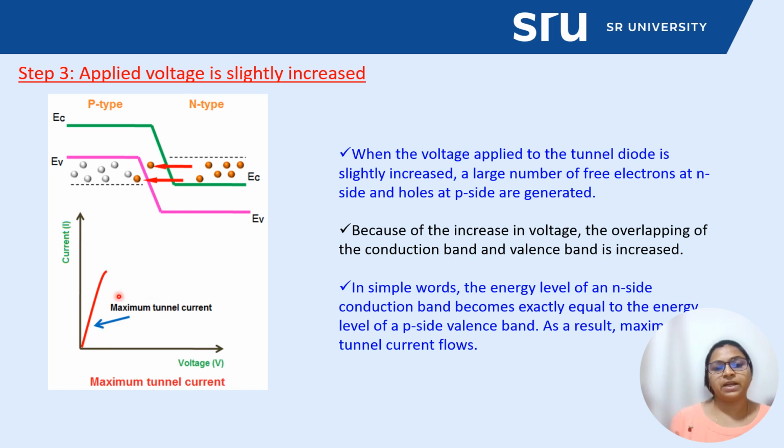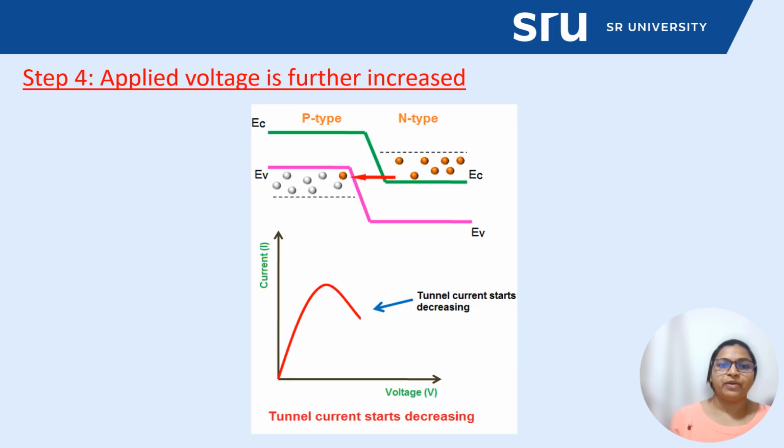So after getting this maximum current flow, while the energy level of the n side conduction band and the energy level of the p side valence band are equal, what is happening? Further increasing the voltage, if we further increase the voltage, a slight misalignment of the conduction band and valence band takes place. So what will happen because of this